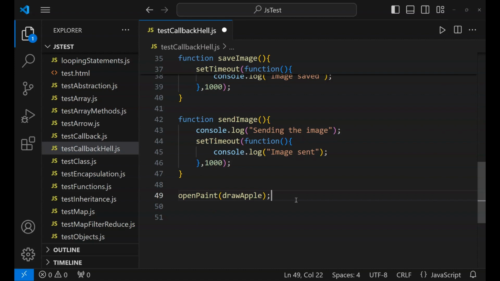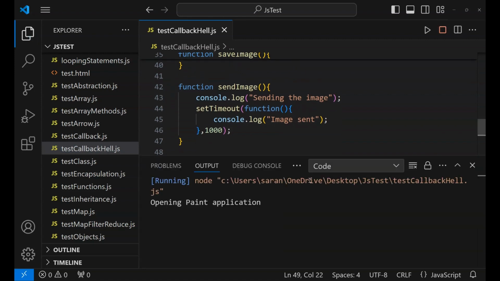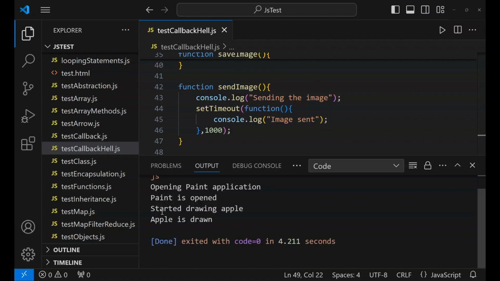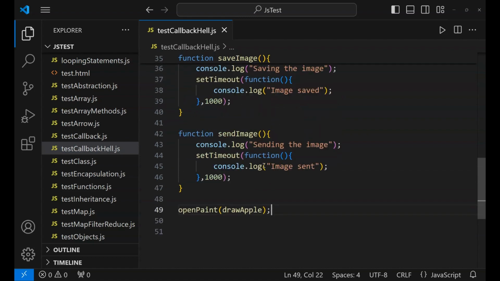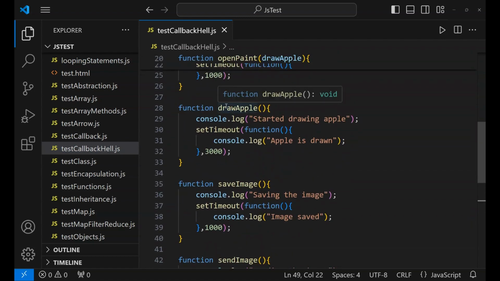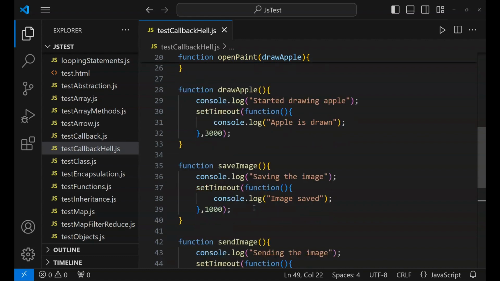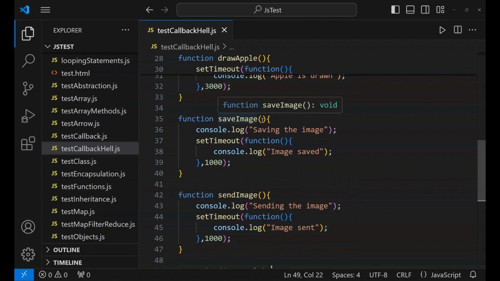Okay, now if I execute this, first opening paint application, then paint is opened. Okay, then started drawing apple after 3 seconds. Apple is drawn. Okay, this is how we can use a callback, right? Now after this drawApple, I have to save the image, right? For that I have to wait till drawApple has to get complete, right? So in that case, this drawApple also should be a callback, and for send image, this also needs a